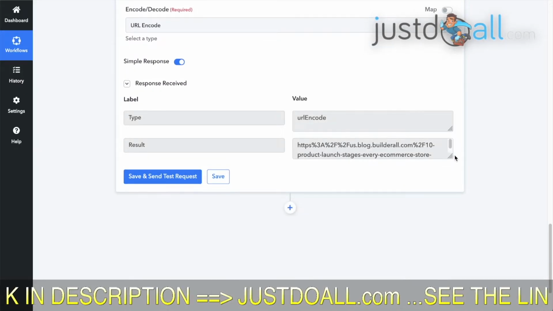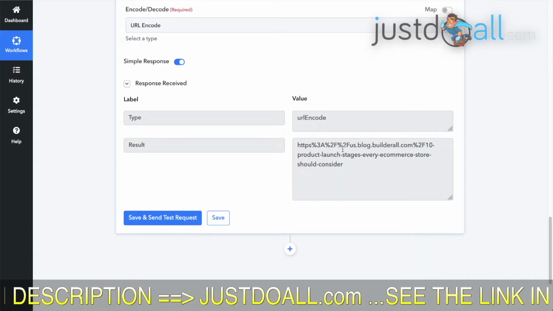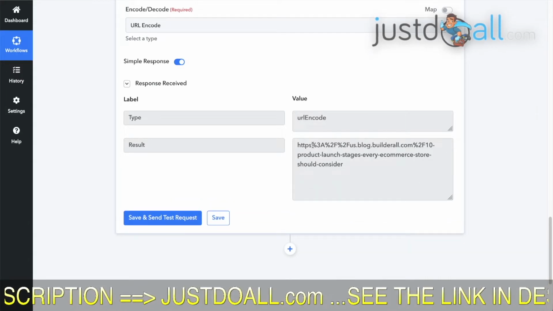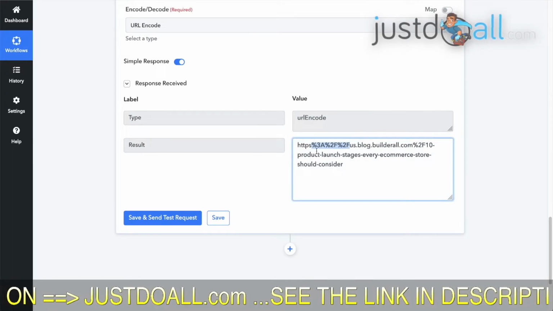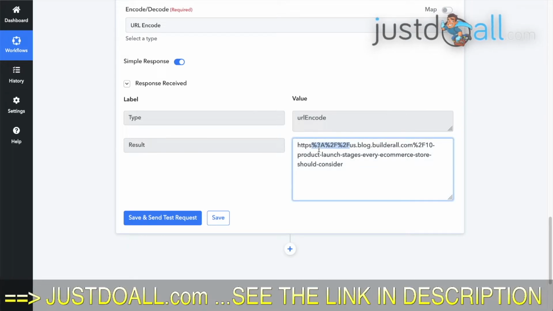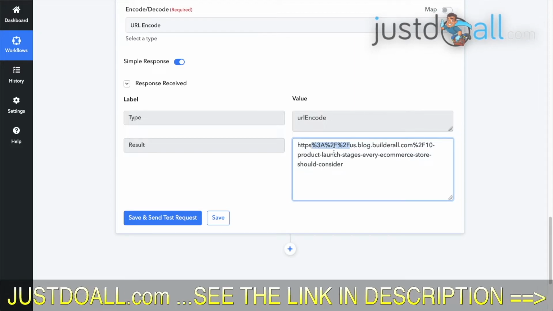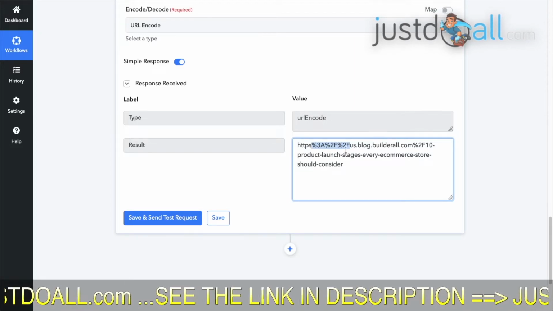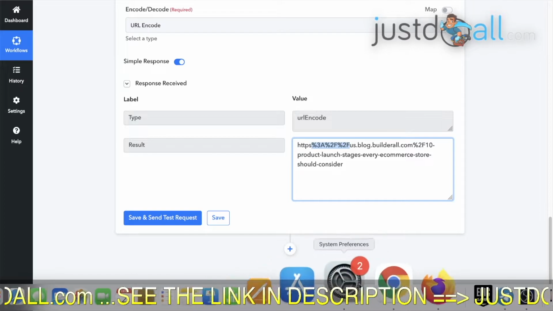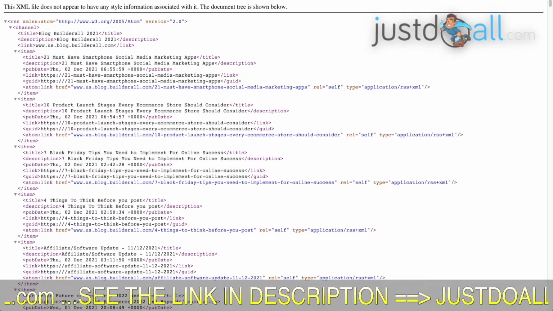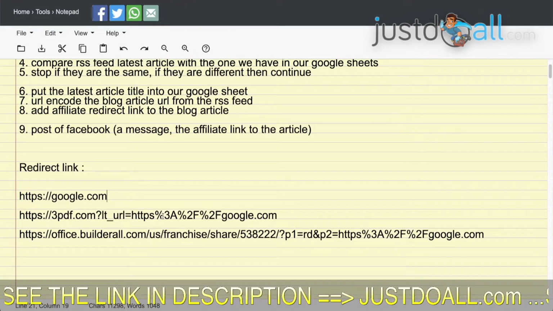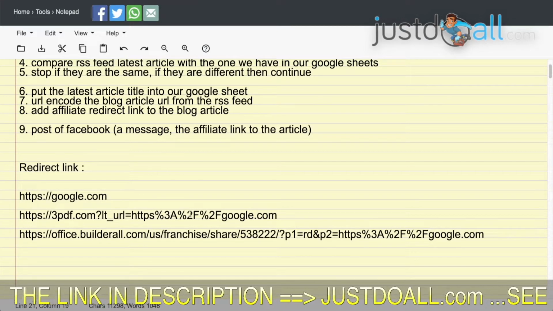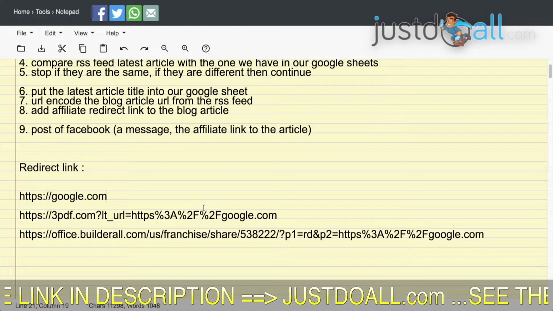So the result we have is the URL encode. You see here HTTP, it has URL encoded, all this. So %3A, %2F, %2F. And that's what we got here also. When it's URL encoded, %3A, %2F and 2F. So it's fine.